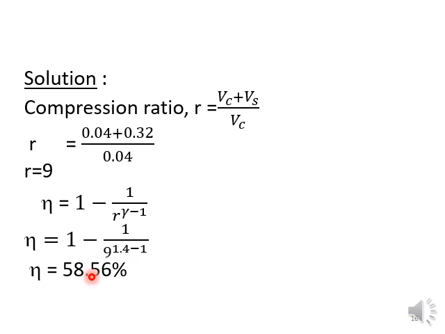But in the problem they asked to calculate the heat supplied. So how will you calculate the heat supplied? Based on the compression ratio, we can write the efficiency formula like this. The actual efficiency formula is nothing but the output by input. In the problem, they have given the data as the power output. Power output is nothing but the work done. So we can write the efficiency as output by input. The output is nothing but the work done. Input is nothing but the heat supplied. So output by input is equal to efficiency.